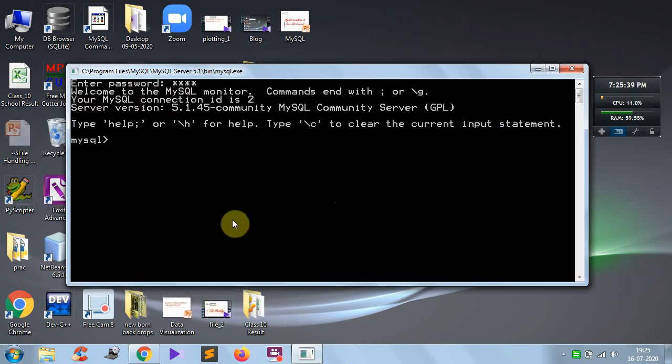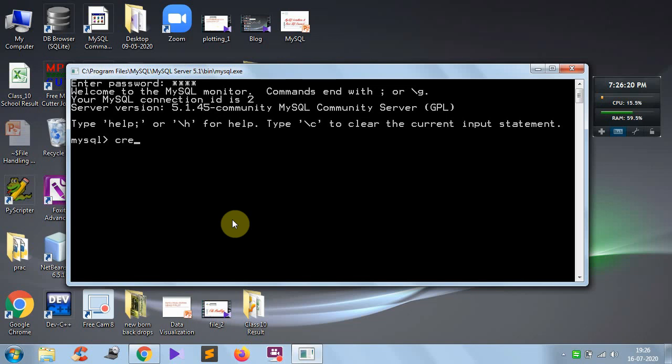The size has been increased. Now, we have already discussed that a database is a collection of interrelated data, but here the data is represented in the form of tables. Finally your data will be stored in the tables only, and a database is a collection of tables. So whenever you want to create a table, first you have to create the database. After creating the database, within the database you can create any number of tables, and within the tables you can store any amount of data. Now let us see how to create the table.